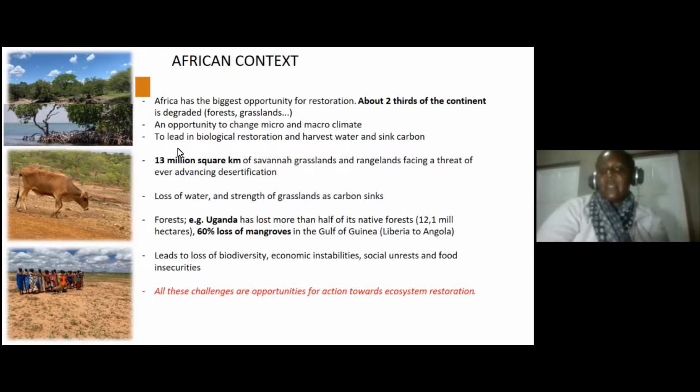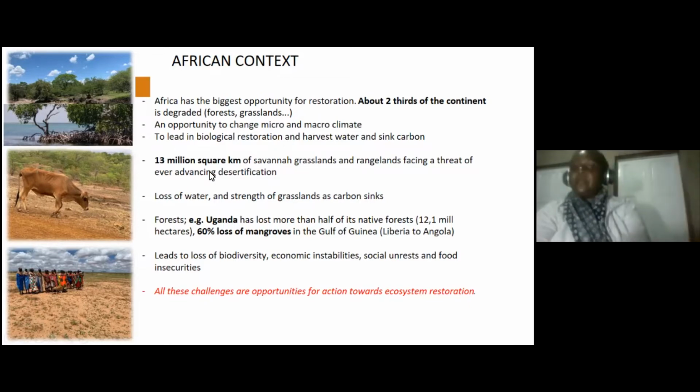So there's a bit of notes here about the stats on Africa and how much degradation has actually happened on the continent. But there's two views to look at this. Are these challenges or are they opportunities for us to actually dive into the solutions that we've been exploring in the movement? And I'm sure you guys have had an incredible week also learning about all the efforts that are happening globally. And it's definitely an honor for me to also share what we are also doing.